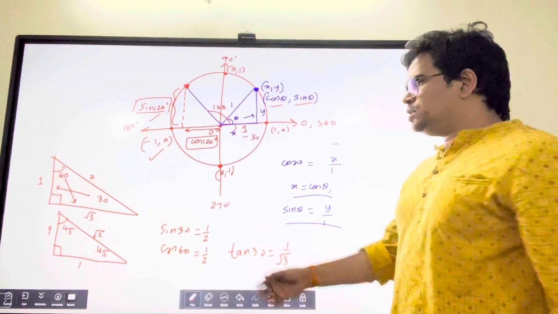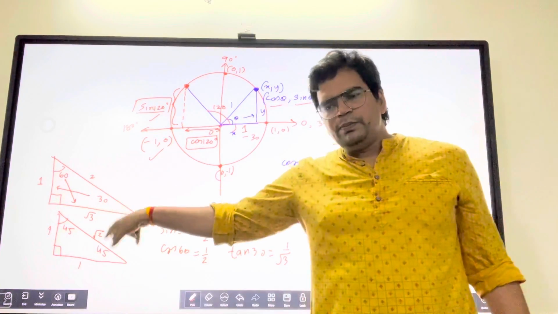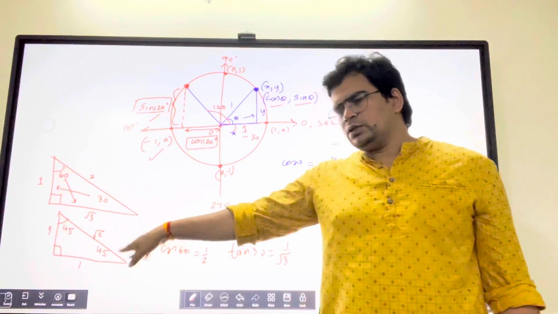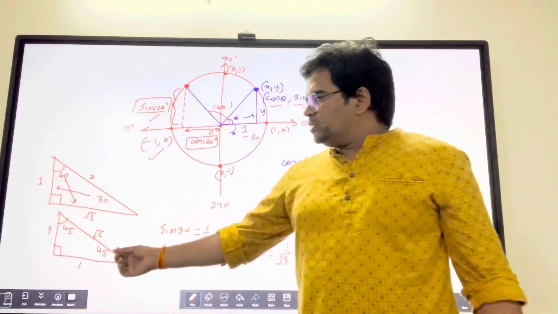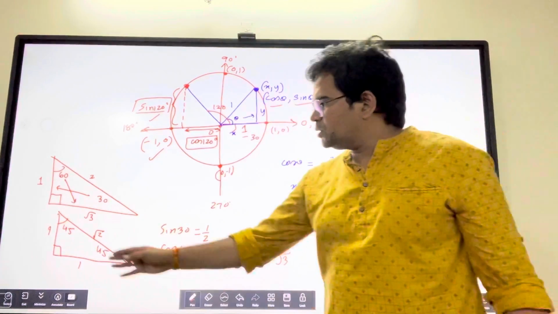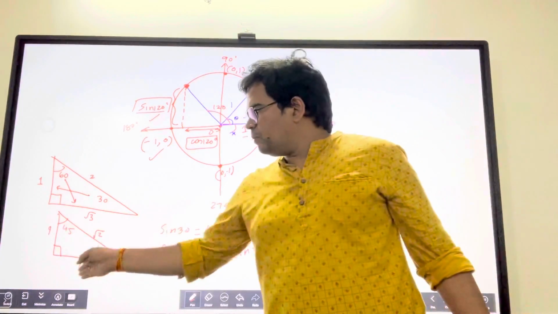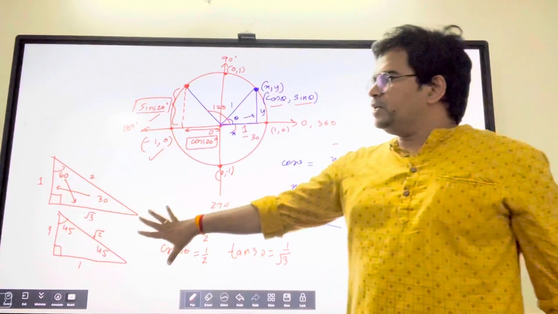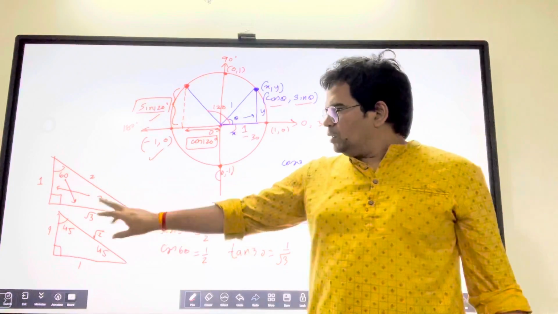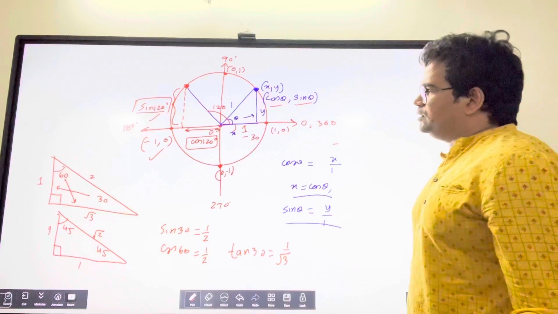So if you use these triangles effectively, you can get at least the basic angles without a calculator. You need to remember these two triangles. Suppose I ask you the value of sine 45, you will say 1 upon root 2 straight away. Cos 45, 1 upon root 2. Tan 45, 1 upon 1. These two triangles help immensely, and you might have studied them for the SAT also; they are very specific and used extensively.